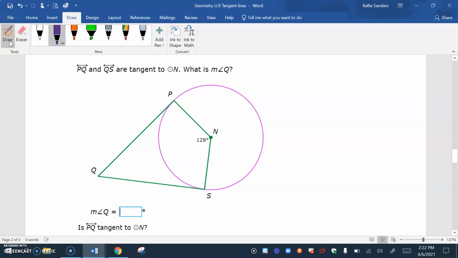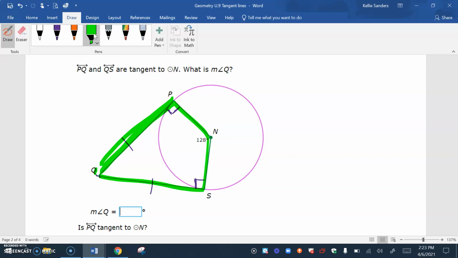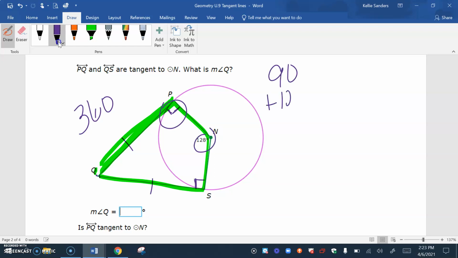PQ and QS are tangent to circle N, and since they both have Q, they are equal to each other. If they're both tangent, these are both 90s. And this whole thing is a quadrilateral. We did learn, it's been a while, that the angles of a quadrilateral always add up to 360. So if this is 90, and this is 128, and this is 90,